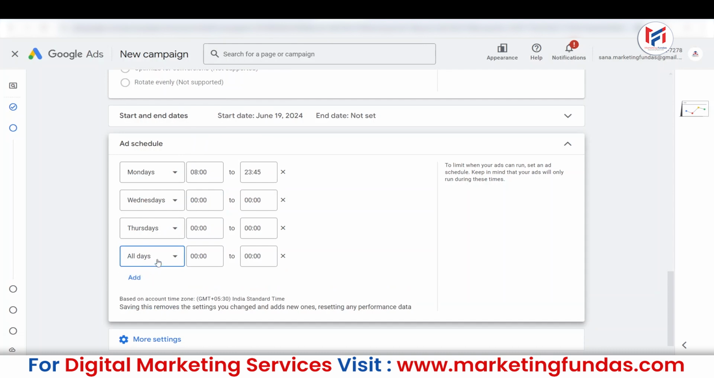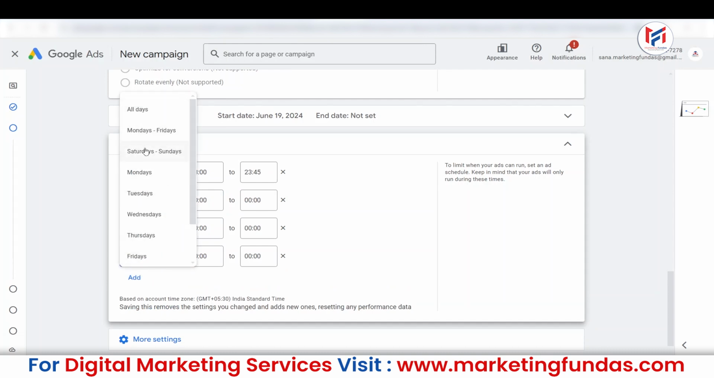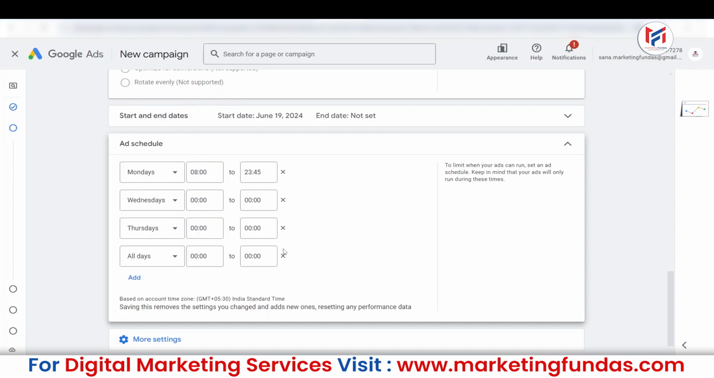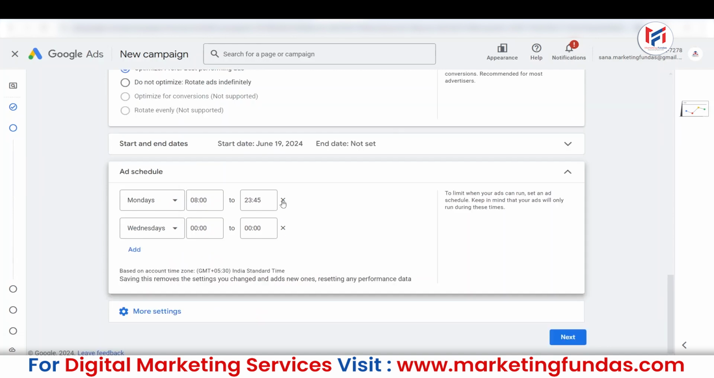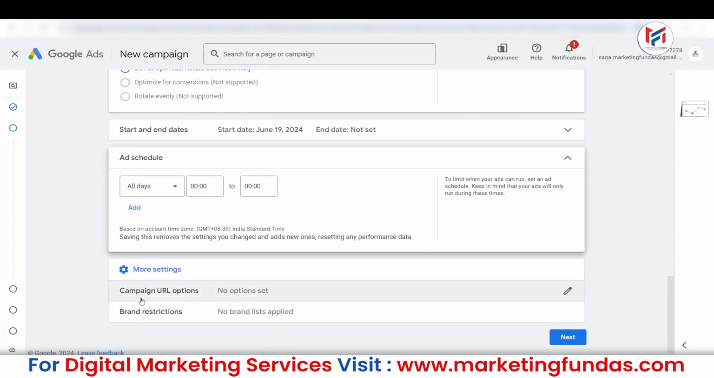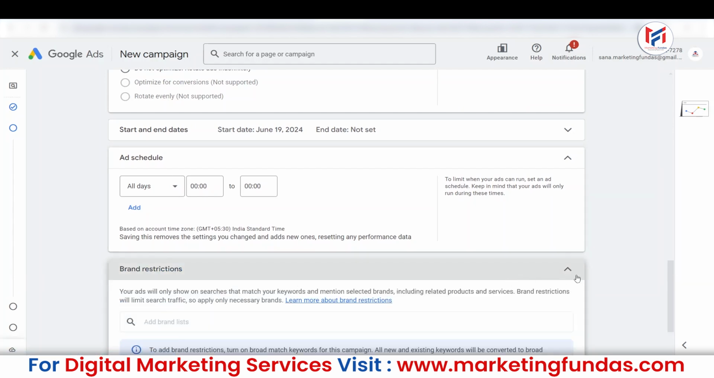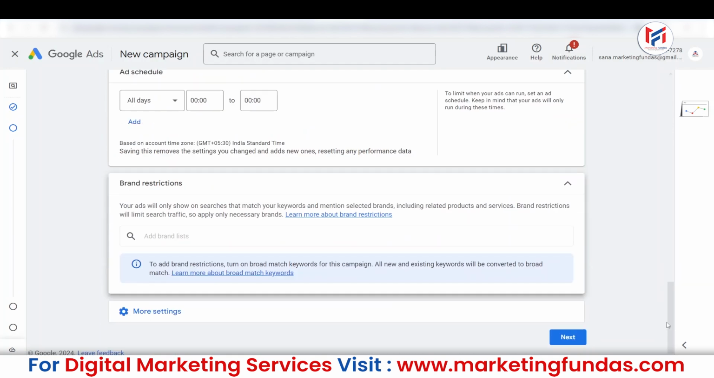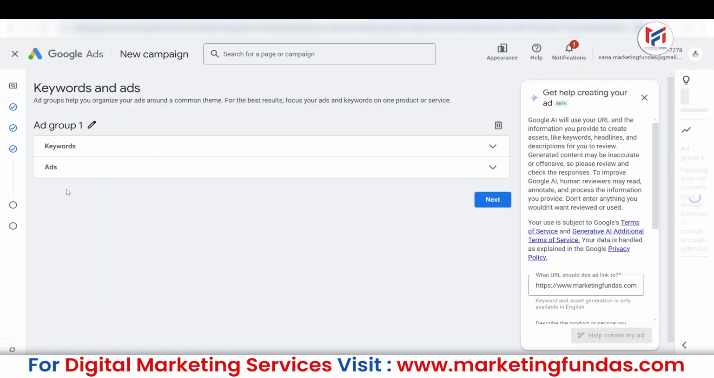You can even select, for example, all days, Monday to Fridays. Preset days are also here, weekends and weekdays are here, and specific days are also here. It is totally up to you how you want to schedule your campaign, right? Right now I'm just selecting all days with no specific timing, right? After this you do have two options: campaign URL option and broad restrictions. No need to do anything here, just leave it as it is. Hit the next button and you'll be into the